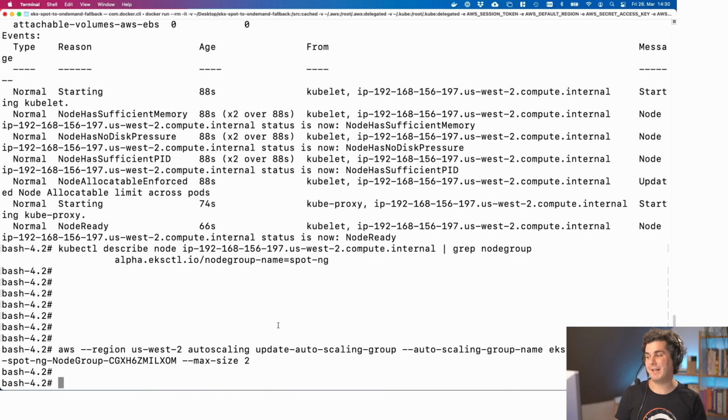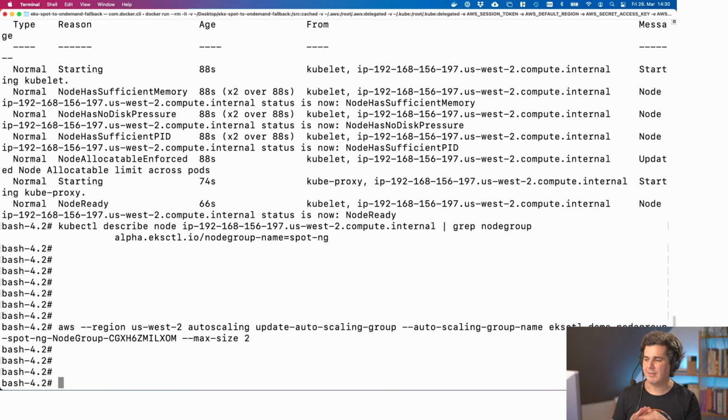There is no way to simulate that, so that's why I use this workaround. So this basically sets the upper limit to 2 on the auto-scaling group, while Kubernetes thinks it's actually 10. So there will be some problems when Kubernetes, or the autoscaler, tries to launch another node. All right, so this is now set to 2, and I run the scale command again,